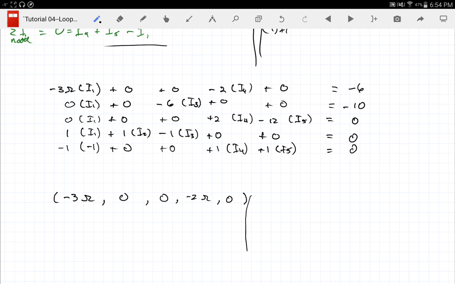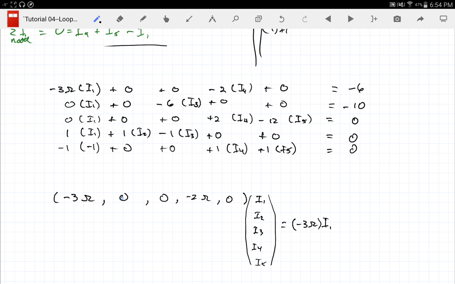And then if I multiply that, okay, that's a row vector, by column vector I1, I2, I3, I4, I5, that will equal this times first thing in the row vector times the first thing in the column vector. So that's going to be minus 3 ohms times I1,